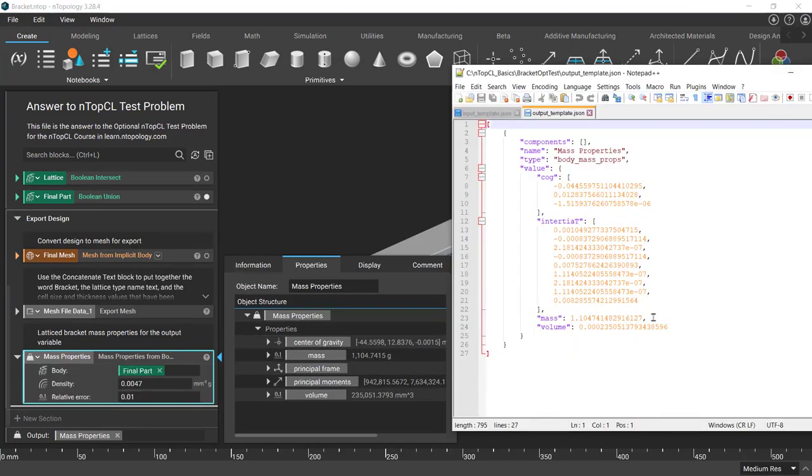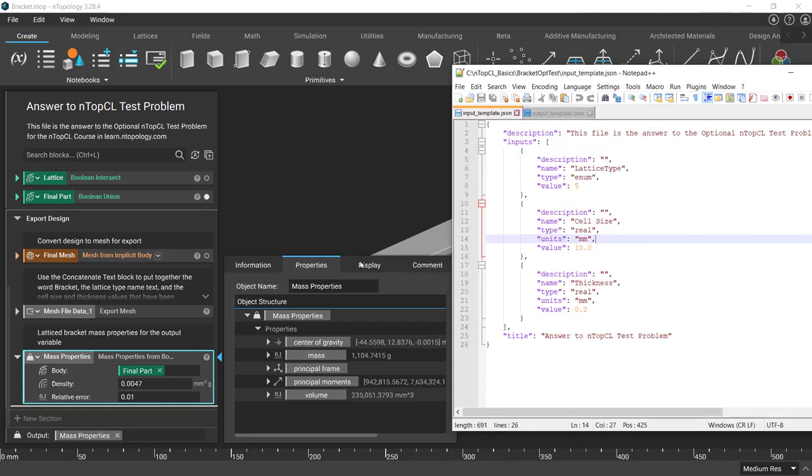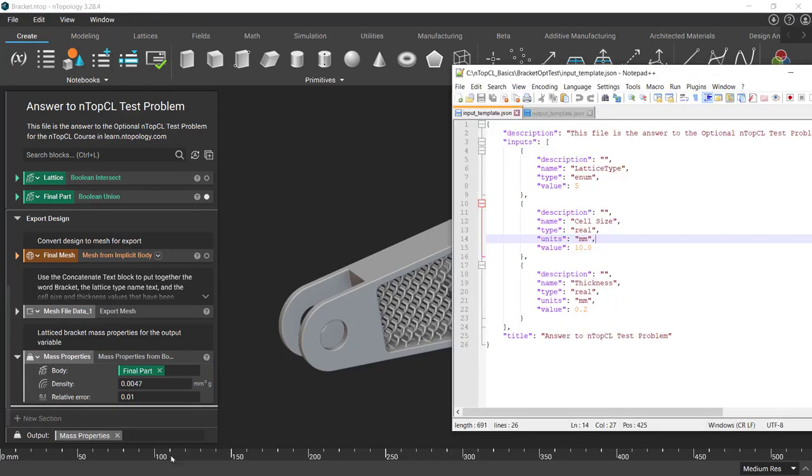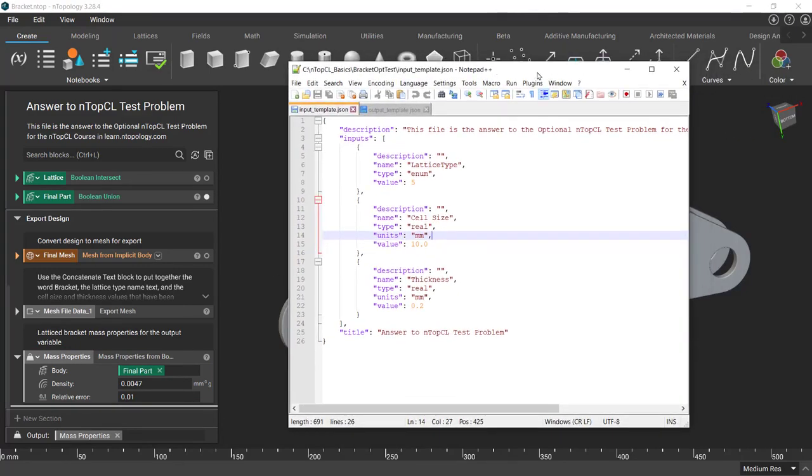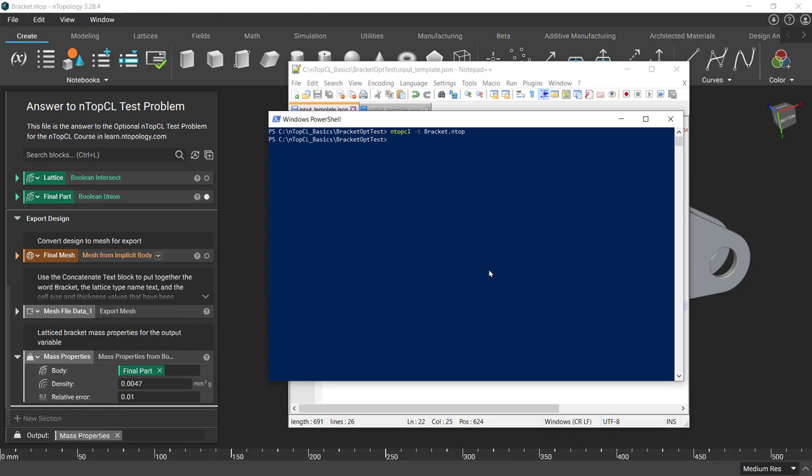This mass is outputted in kilogram. We also get the center of gravity, inertia, and volume in here. So what I can now do to test our file, or to test on the first nTop CL run, is change the input. I'm going to change it to type 0, simple cubic, and keep this to 10, keep this to 0.2, save this in the input template, go back to PowerShell, and